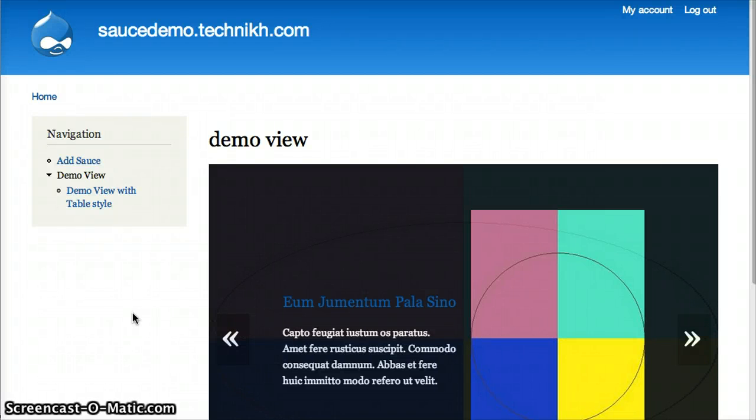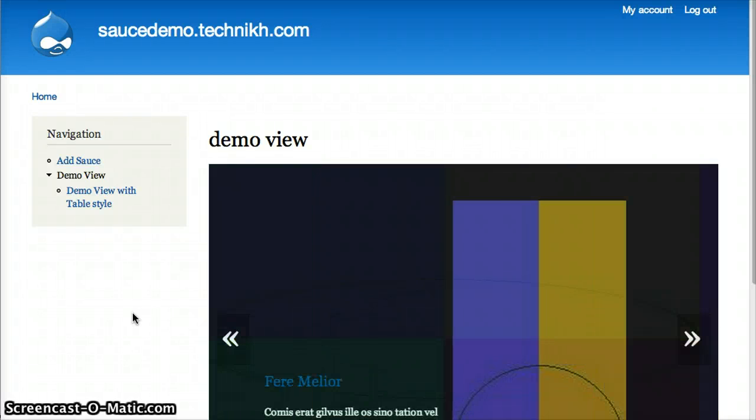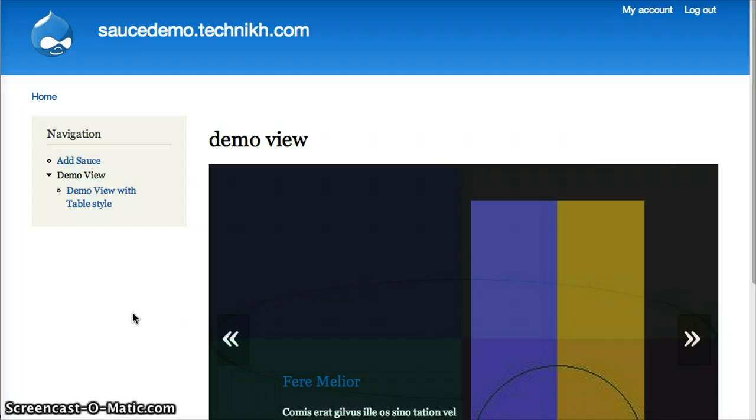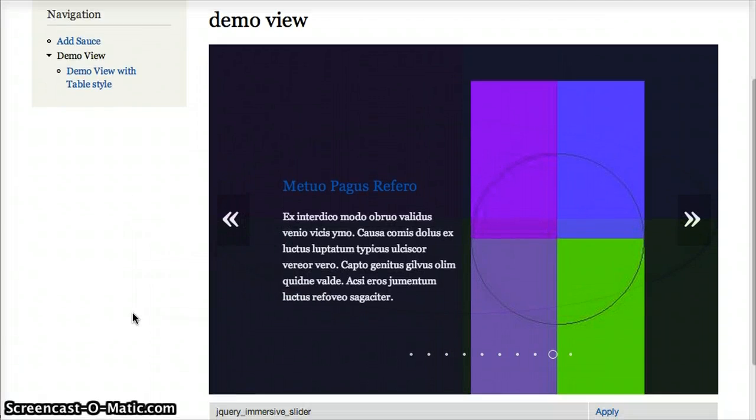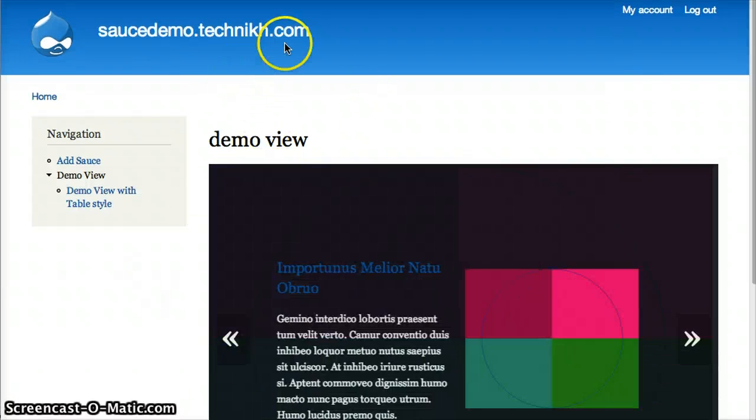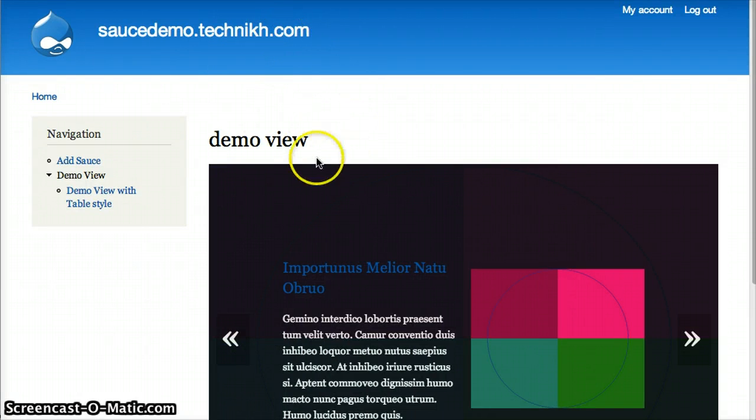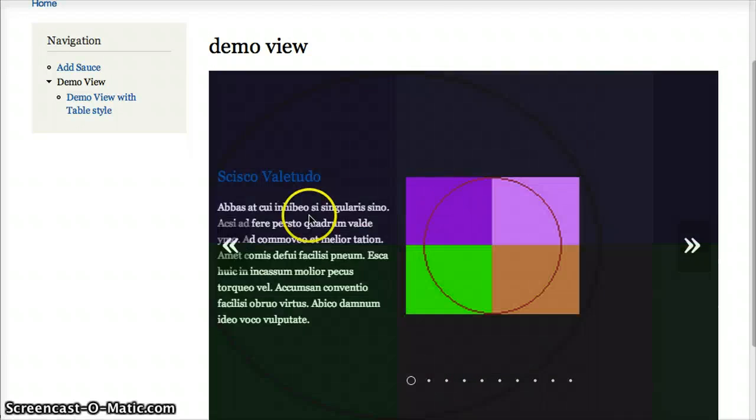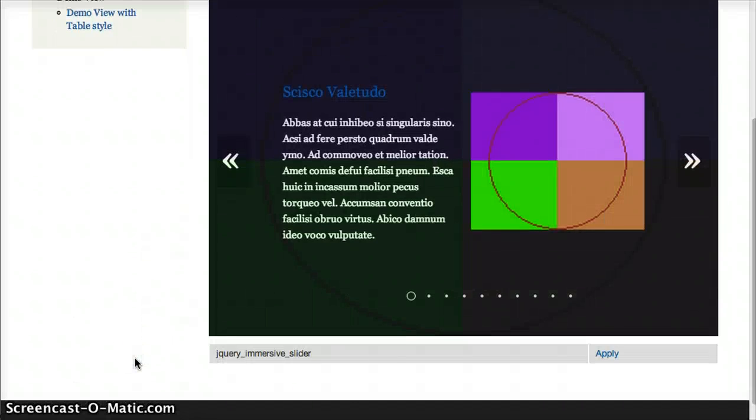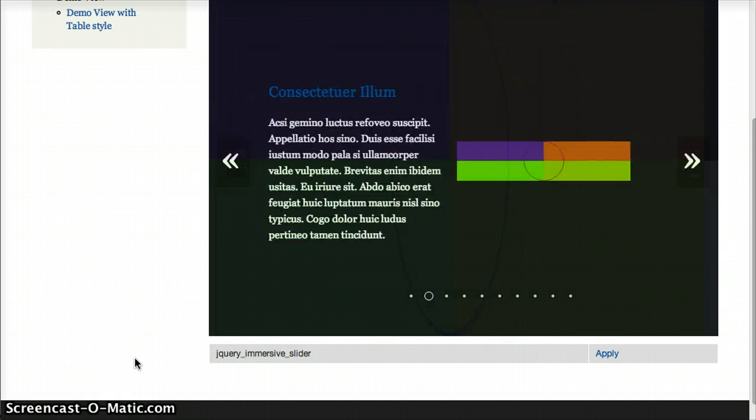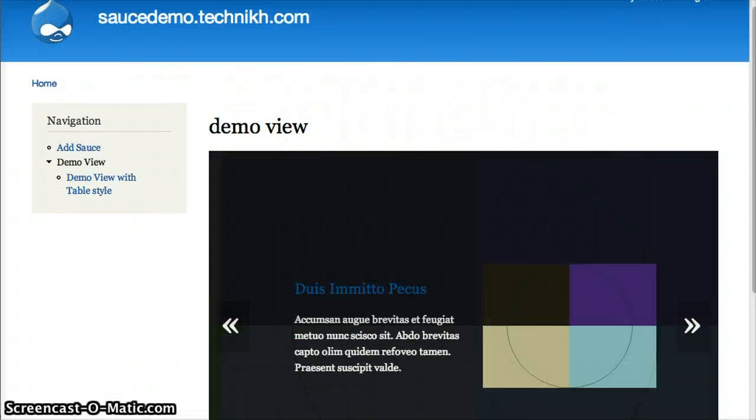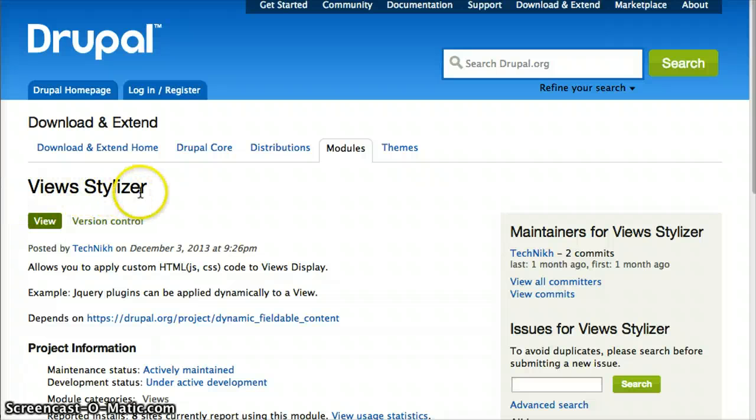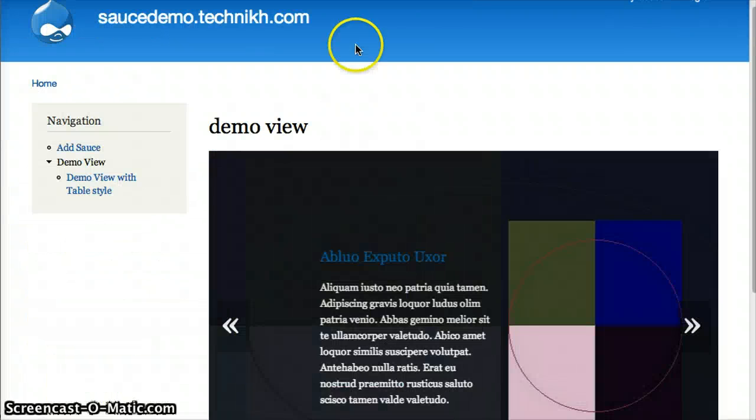In this video, we will see how to create a jQuery Drupal widget that can be used to style a Drupal view. So here we are looking at a Drupal demo site with a demo view, which is configured to use dynamic style for the display. And for this, we are using a module called View Stylizer, which will enable the view to use dynamic display